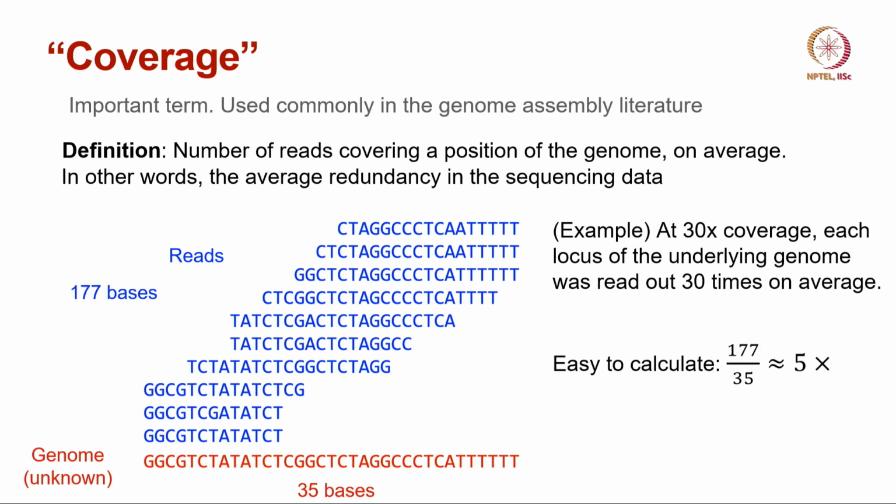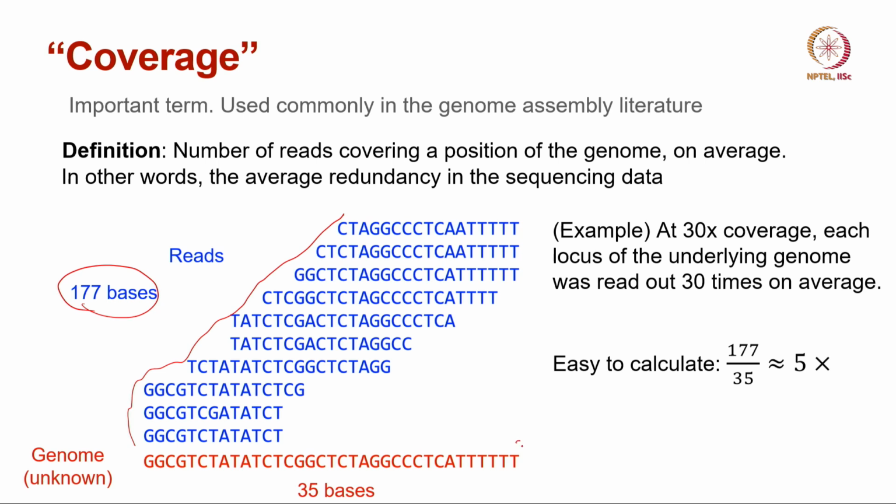In this particular example shown on the left, it is easy to calculate what the coverage should be. The way I can calculate the coverage is as follows. You can calculate the total number of bases in the reads. If you look at all the reads here and add up the number of bases in all the reads, you will find that the complete read set has 177 bases,